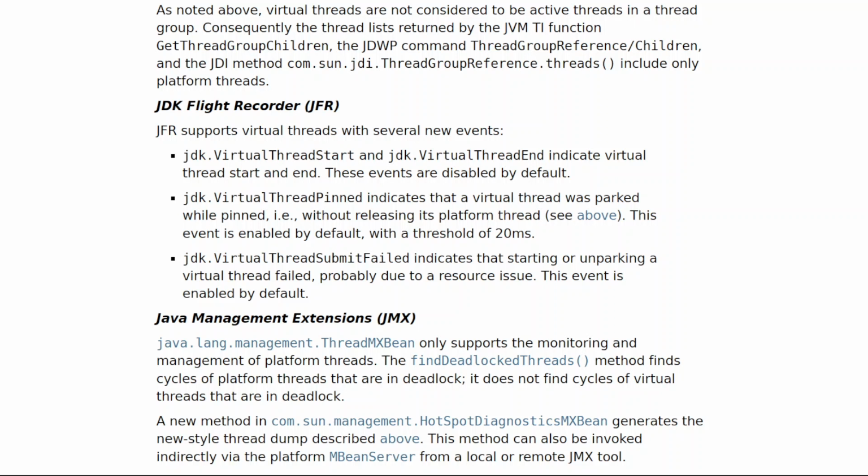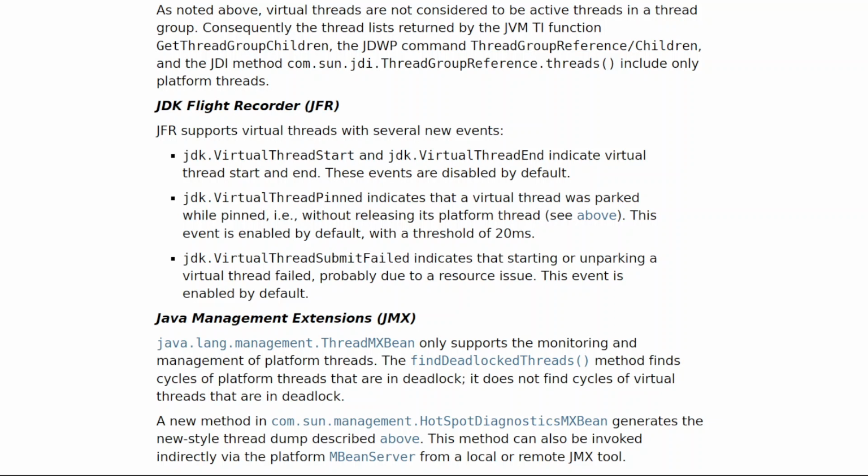JDK Flight Recorder, JFR. JFR supports virtual threads with several new events. 1. jdk.VirtualThreadStart and jdk.VirtualThreadEnd indicate virtual thread start and end. These events are disabled by default. 2. jdk.VirtualThreadPinned indicates that a virtual thread was parked while pinned, i.e., without releasing its platform thread, see above.